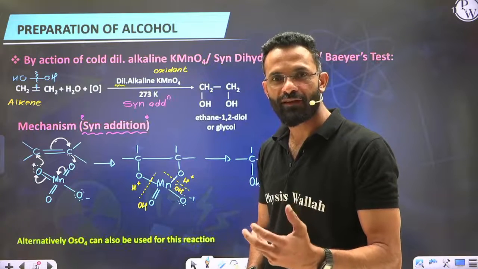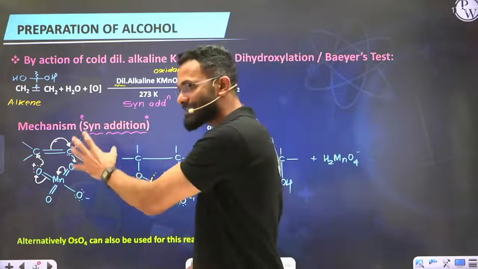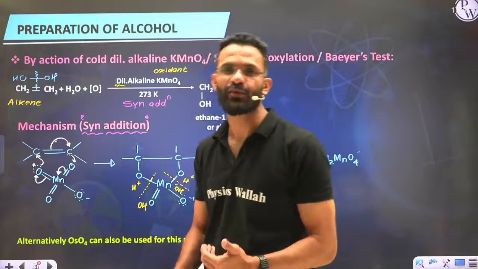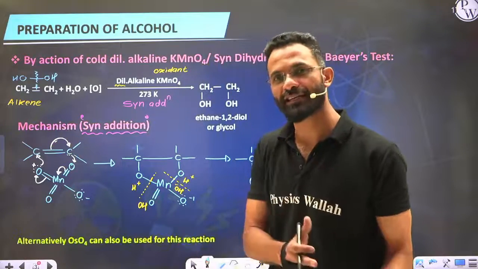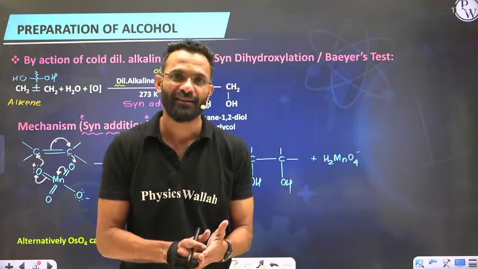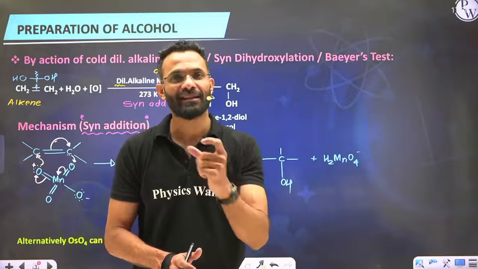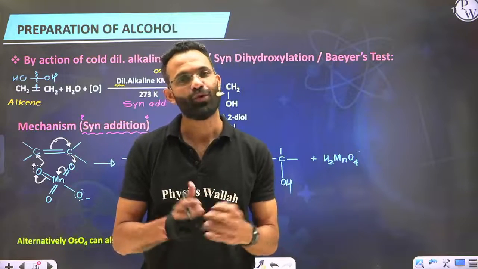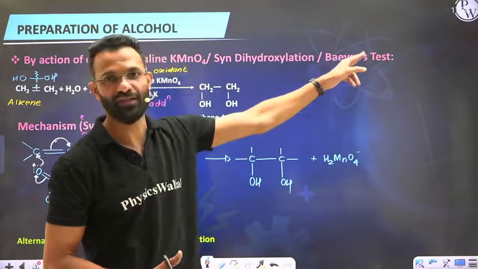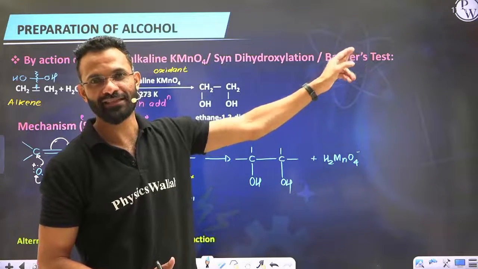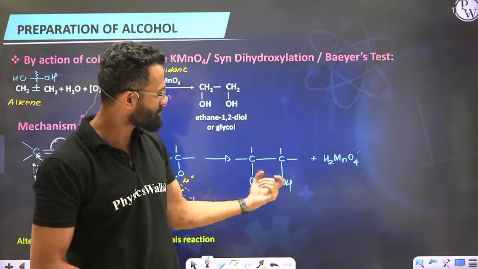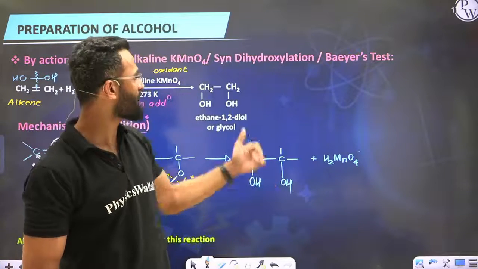So whenever you take an unknown compound, let's say that unknown compound is an alkene, and if you treat that with cold dilute KMnO4, and if you see there is disappearance or decolorization of the pink color, then that will be an indication that the unknown compound which you had taken was an alkene. And this test is what we refer to as Baeyer's test. Because this Baeyer's test results in the formation of a diol, where with respect to stereochemistry, both OHs will be on the same side. We call it syn